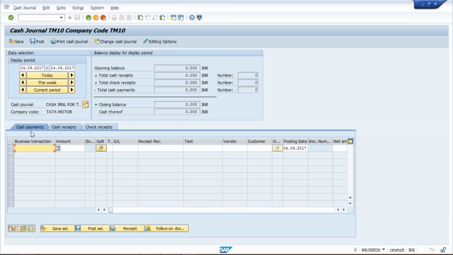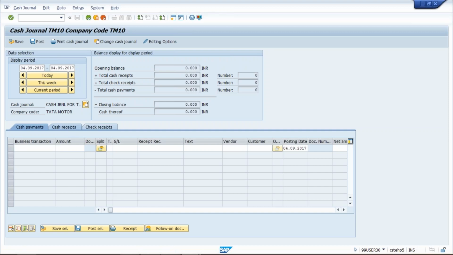Now we'll take a look at cash payment and cash receipts. If we withdraw the cash, that is recorded under the cash receipt tab, because the petty cash GL is going to receive that amount. That is why it is treated as a cash receipt. Withdrawal amount from bank is a cash receipt. Deposit to the bank account is a cash payment. It means the payment is made to the bank account, from the petty cash GL.